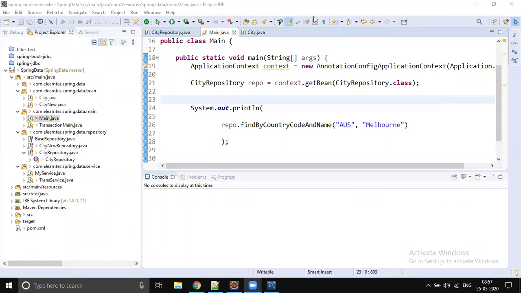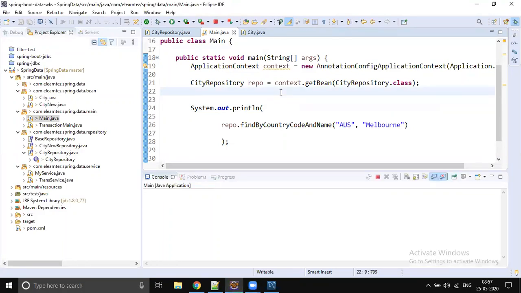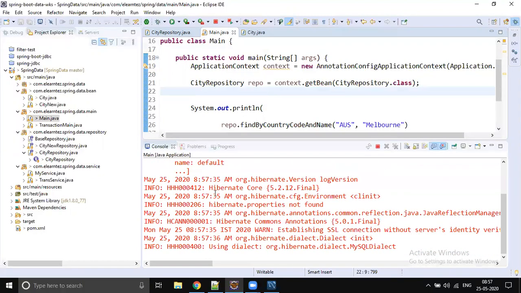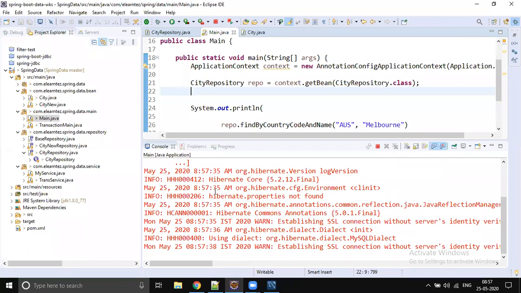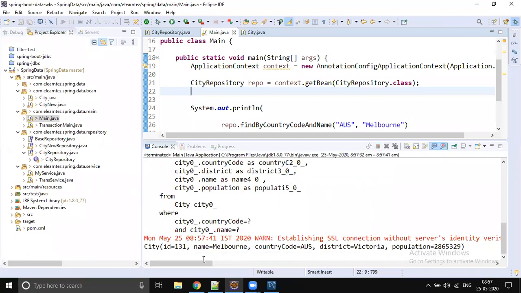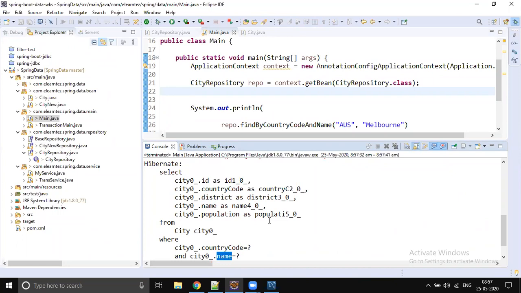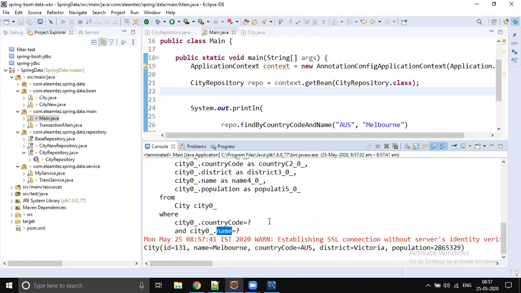Yeah, it will throw an exception because the name does not exactly match the property in the entity class. Yes, let's try that out. Will it throw the exception or will it take care of it automatically? Spring Data is intelligent and takes care of that. So it is automatically taking care of it, and we need not worry.